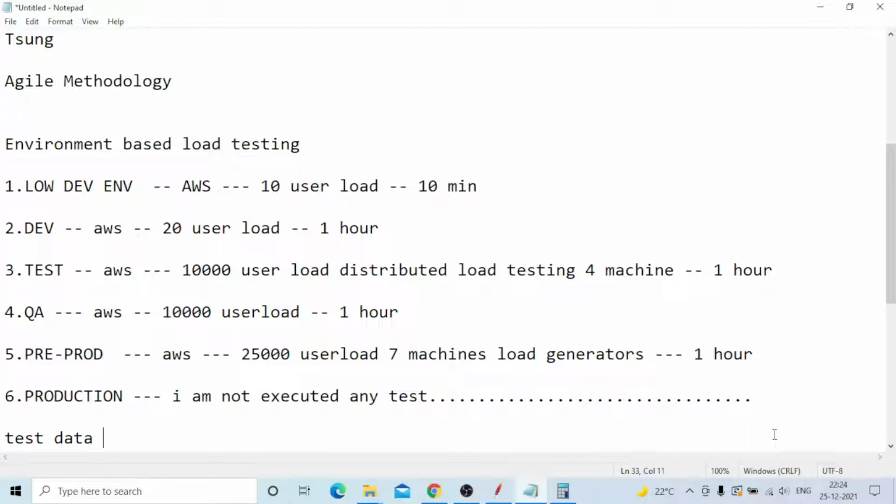If the data is very limited and you accept it, you need to reuse it. Otherwise, if you need to run with very unique test data, you need to create huge test data. Otherwise, if you need to execute endurance testing, most of the time reusable test data will be provided, but if unique test data is required, only then you need to create a larger amount of test data.